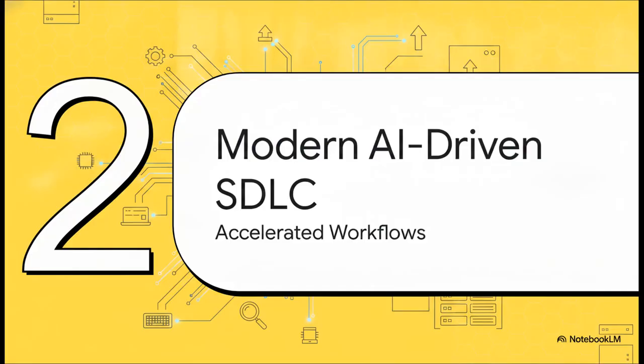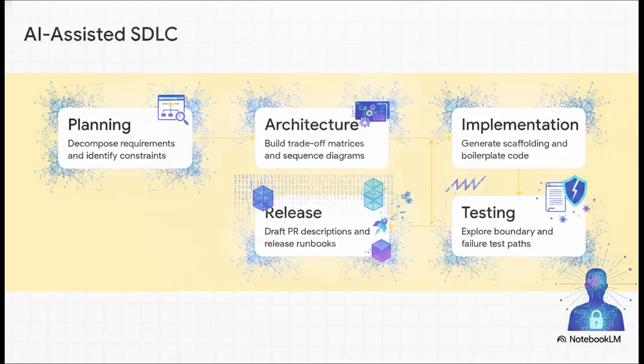Section 2. The modern AI-driven SDLC. Let's map out exactly how AI fundamentally upgrades the modern software development lifecycle. Across these 5 core phases, planning, architecture, implementation, testing, and release, AI acts as a massive accelerant. In planning, it decomposes your requirements. In architecture, it builds out trade-off matrices. It generates scaffolding and boilerplate in implementation, explores boundary and failure paths in testing, and even drafts your PR descriptions